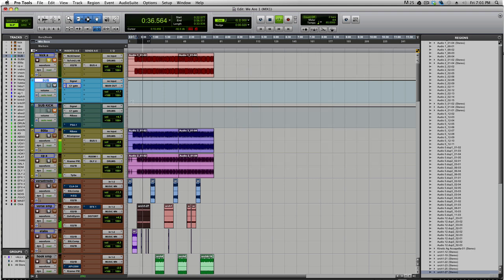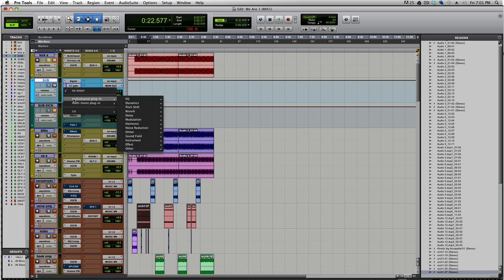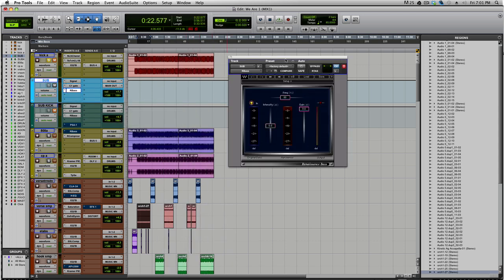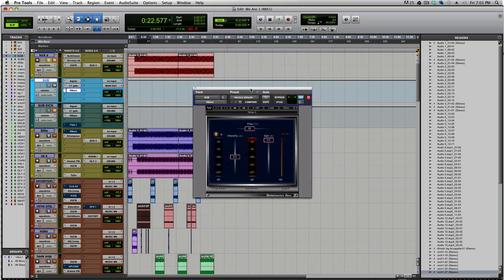So there it is. Now a couple other quick things that you can do with your sub kick, just to play around and give it a little bit more definition or dynamics or a little bit more tone, or whatever it is you want to do. One cool thing to do is add an R Bass from Waves. It's the Renaissance Bass plugin. It would be under Other if you have it. If you have it, you know where it is. But this will just add some low frequency intensity in whatever frequency range you select. So if we have it set at 56 already,